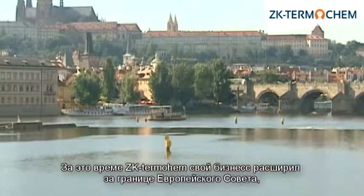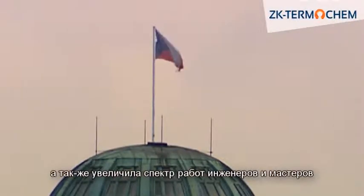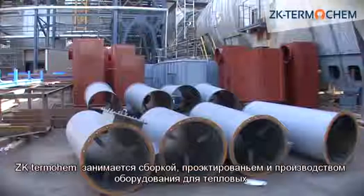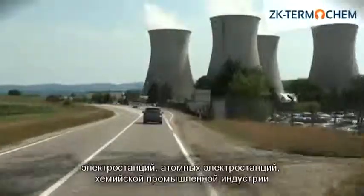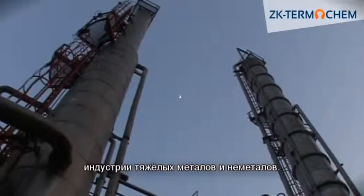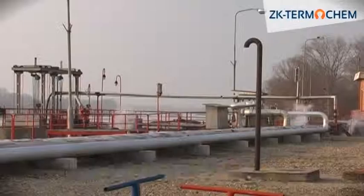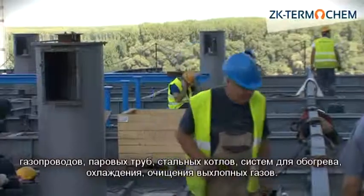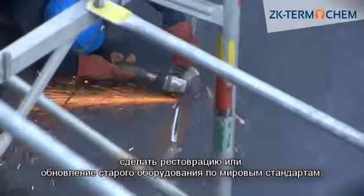In the meantime, ZK Thermochem's business expanded outside the borders of the European Union, and also the range of jobs that its engineers and craftsmen were capable of performing. ZK Thermochem deals with engineering, production and the installation of equipment for thermal power plants, nuclear power plants, the chemical industry, heavy metals and non-metal industries. The company has a particular level of expertise in the building and installation of all types of piping, gas lines, steam pipes, steel boilers for heating, cooling, and facilities for the purification of waste gases. ZK Thermochem is capable of delivering in the short term new equipment, doing reconstruction or upgrading old processes according to